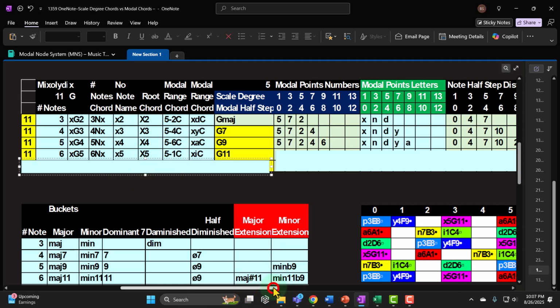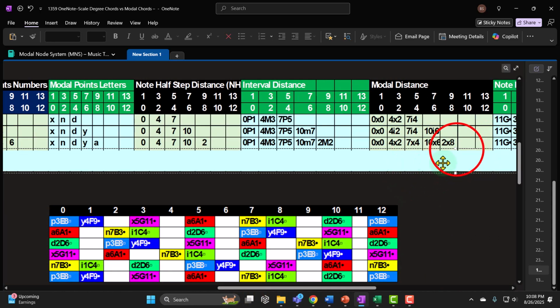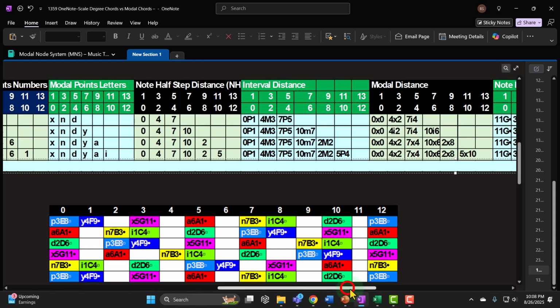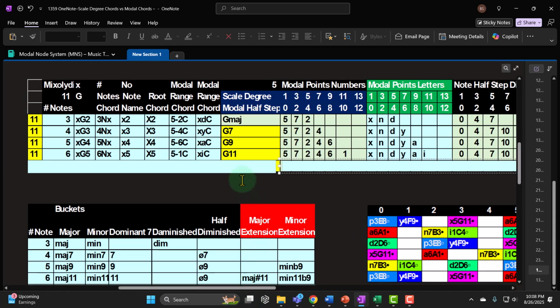All right, otra vez. Next one here, we're going to say, what if we have, the next one is a G11. The 11 is equivalent to the 4 that we skipped. But notice we just have this convention that's just a G11, which means in essence, we're just taking all the intervals for the mixolydian, which are all the same for the major, except for that flat 7, 10-note away flat